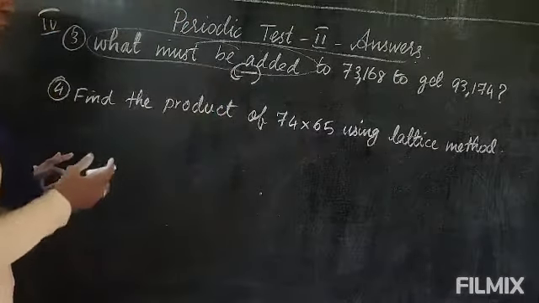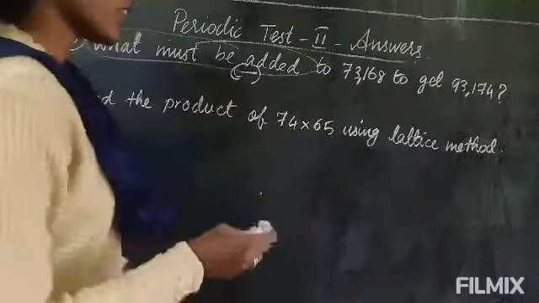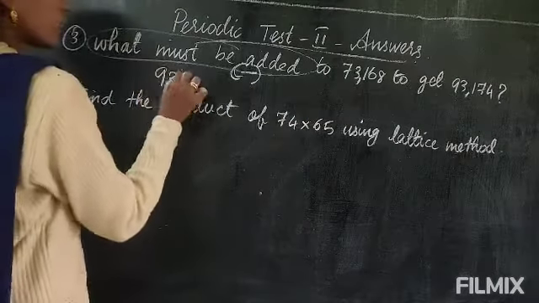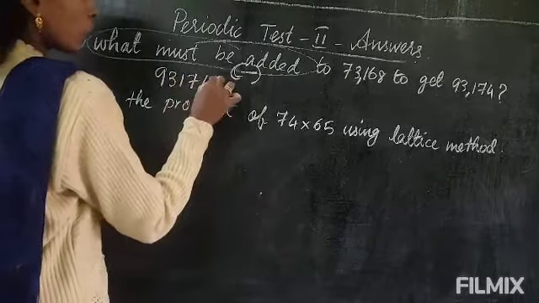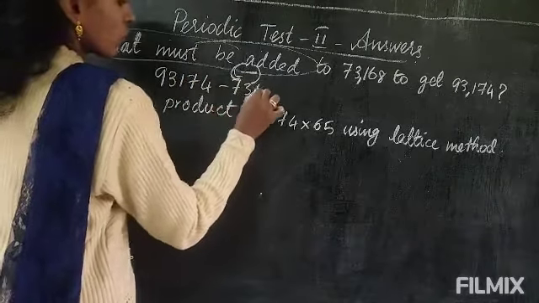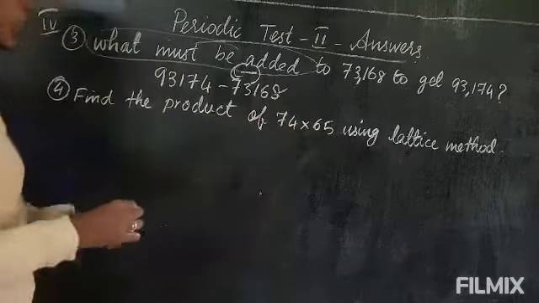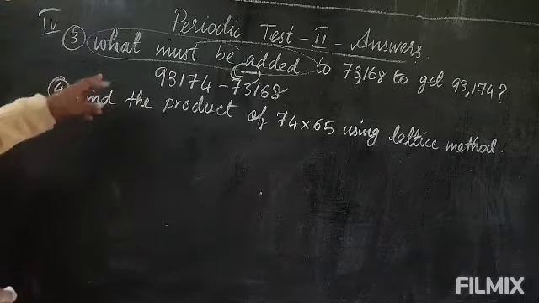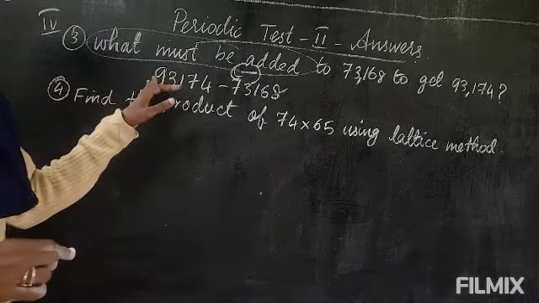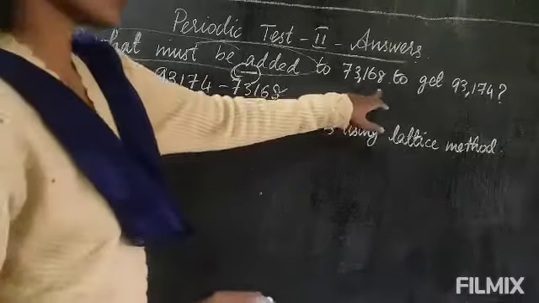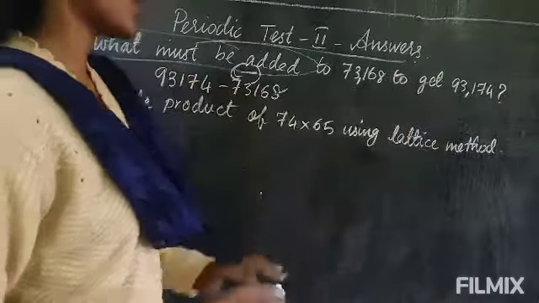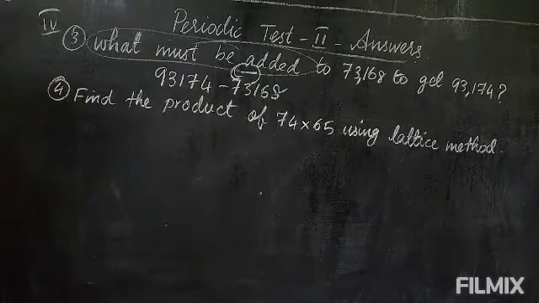When you subtract, you write the bigger number first. So 93,174, that is the bigger number, minus 73,168. I am not doing the calculation, you can do the subtraction by yourself. So you have to subtract and write. I want to tell you only this, because of a minor comma you had made a mistake. For that only I had taken the exam.